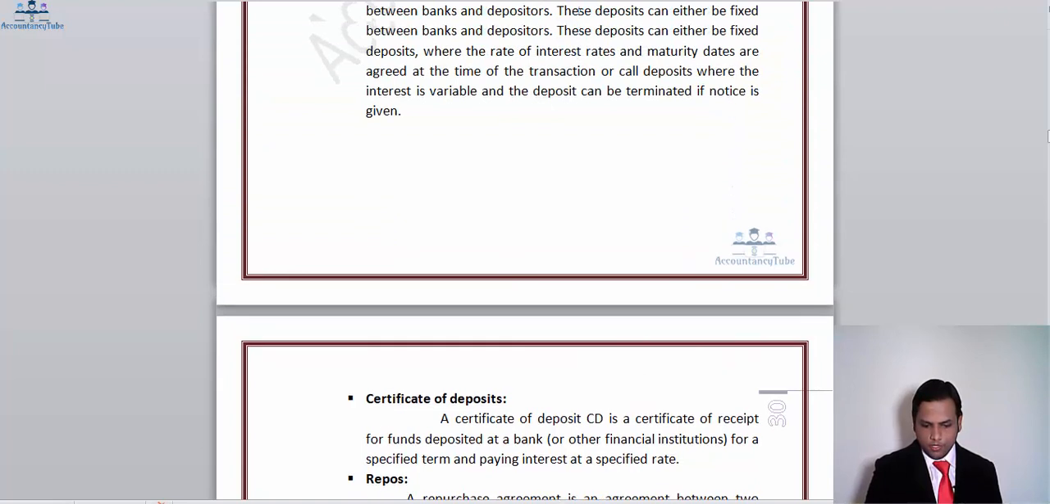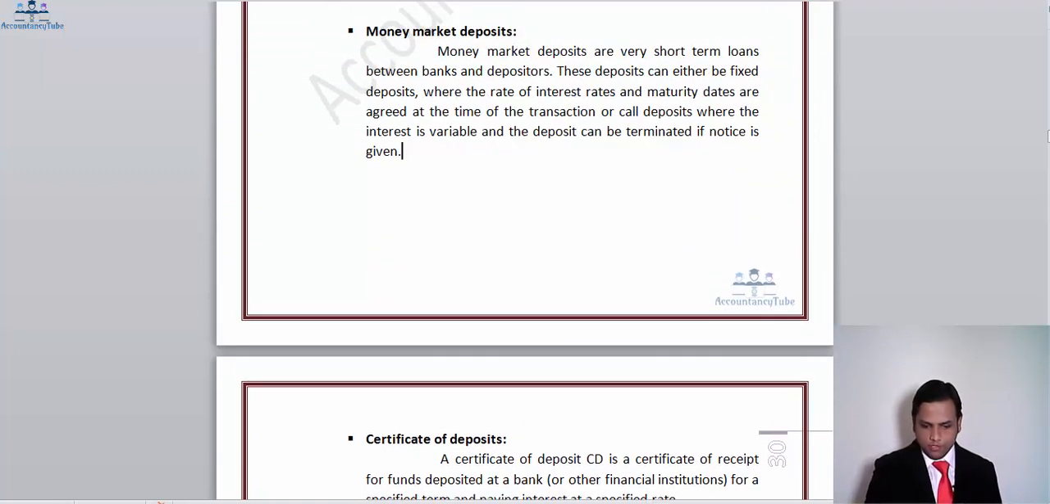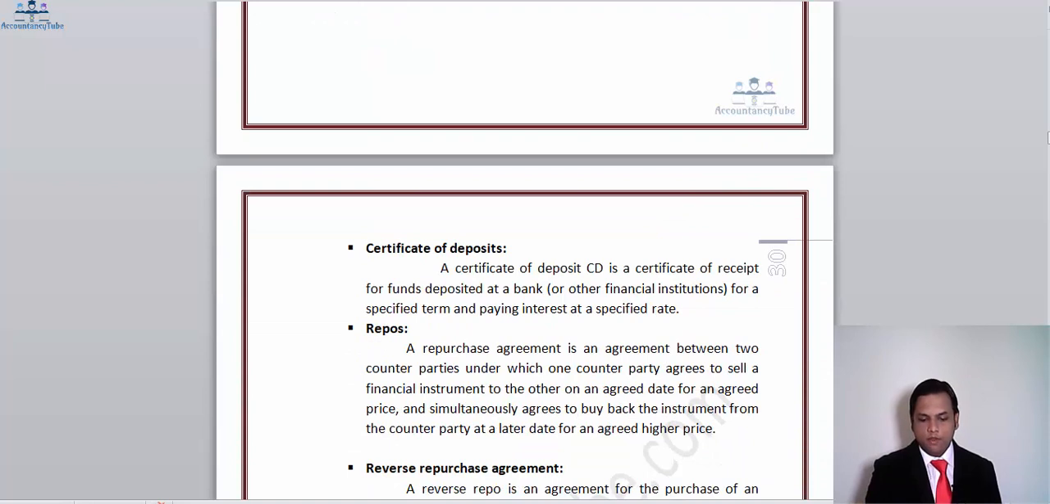The difference between a certificate of deposit and a money market deposit is that money market deposits can be tradable or non-tradable depending upon the terms and conditions which you want, whereas certificates of deposit are mostly not tradable. Here you get a CD or receipt for the funds deposited at a bank or other financial institution for a specified term and paying interest, and the interest rate is fixed for that specified duration,